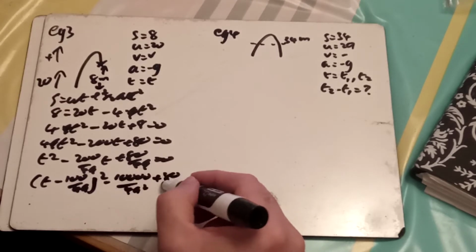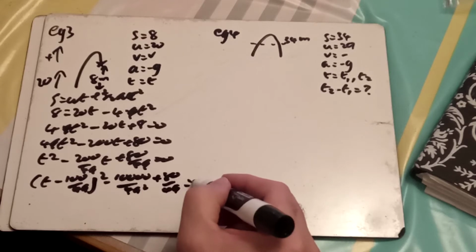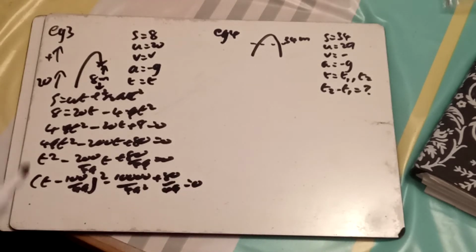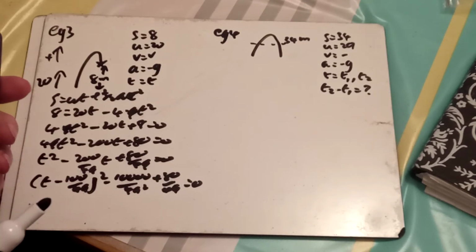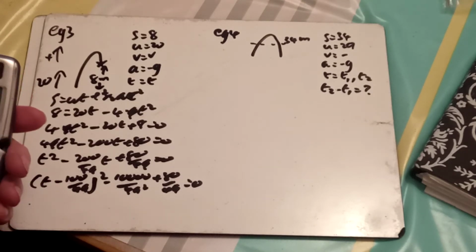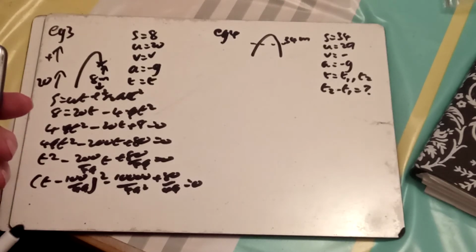Plus 80 over 49 equals 0. So we're going to have 10,000 minus 80 times 49 equals that. Square root the answer, that divided by 49 equals, and then